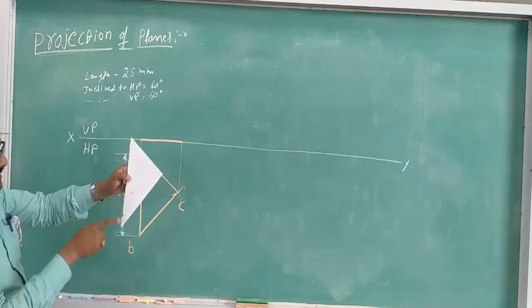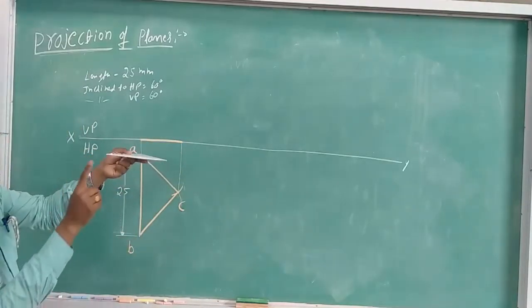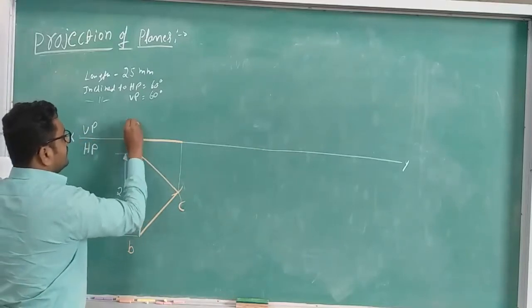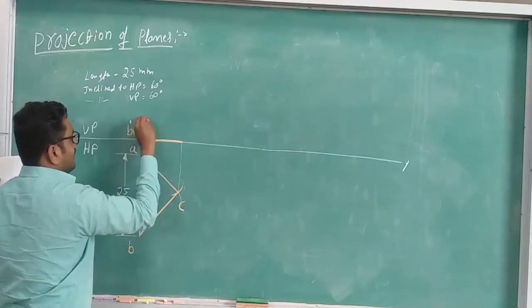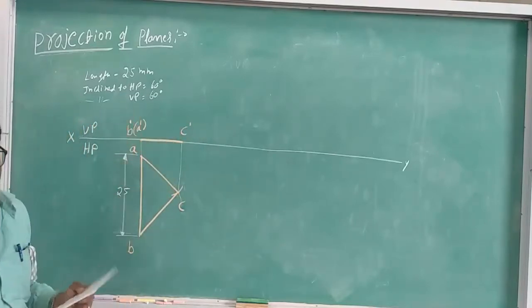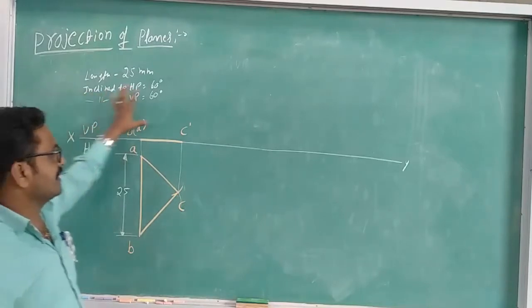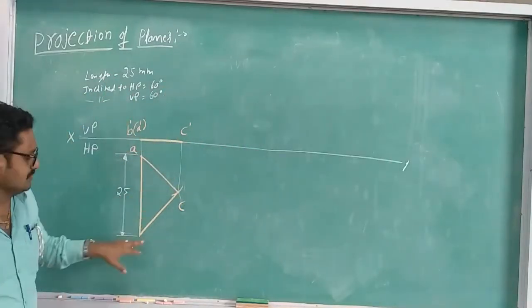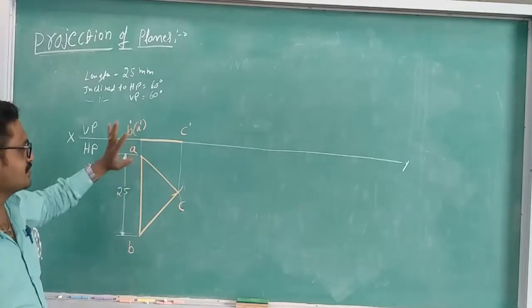And naming, you can see this is B and this is A. When we are seeing B, A is hidden. That's why the naming of this will be B dash of A dash, and here it will be C dash. Only one corner we can do in C dash, and whatever the naming we do in the front view, that is in a vertical plane, will be denoted with a dash, and in top view without dash. Like this the naming should be done.